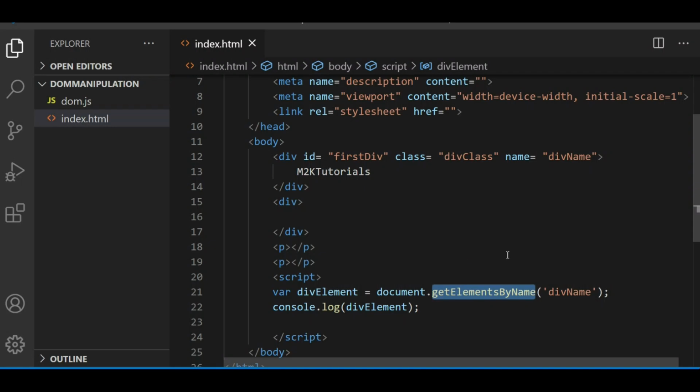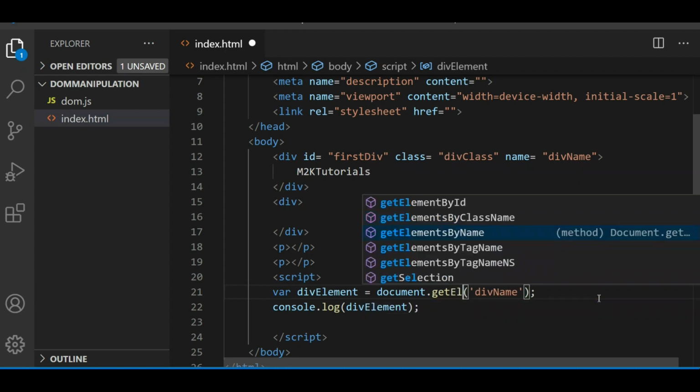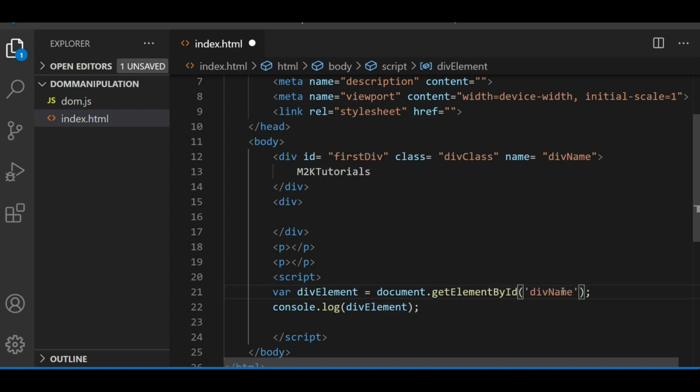So first let's just go with the ID. Let's get this div element using ID. Now we're going to do some manipulation with this div. We have the reference of this div, and now we can modify the inner HTML of this div using JavaScript.